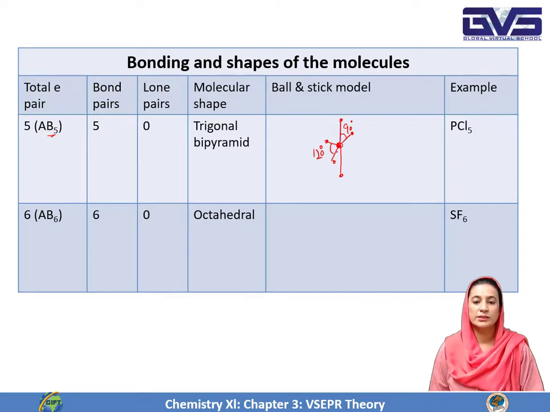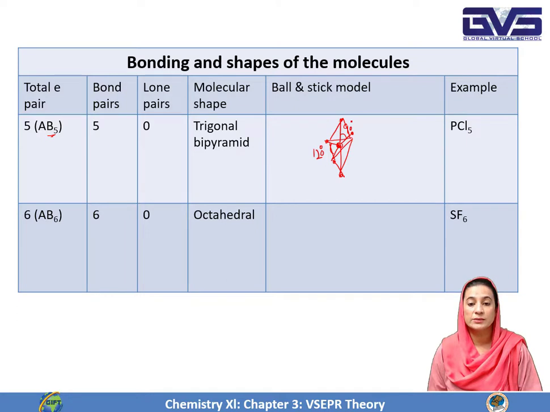So in this case a few are of 90 degree angle and a few of 120 degrees, and this one is a triangular bipyramid. One pyramid is above and one pyramid is below. So this is a triangular bipyramidal shape. Consider two pyramids attached to each other, and those pyramids have a triangular